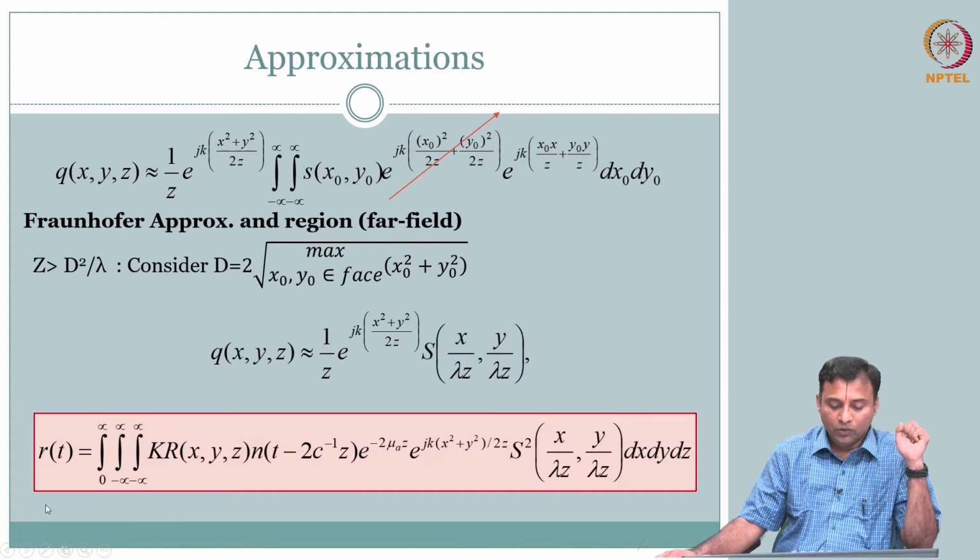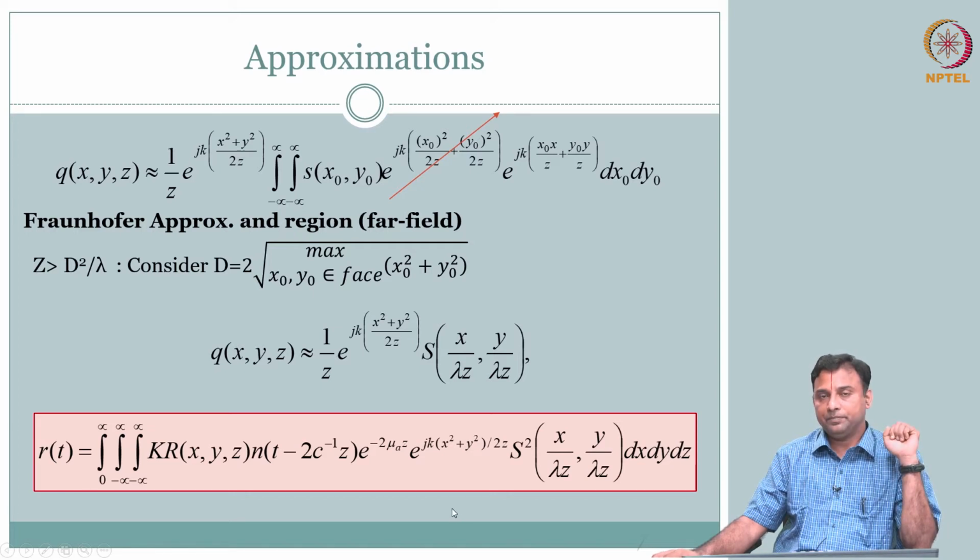So, just to put that back in our parent equation, R of t is all from before. I have just written this because we had a q square, remember. So the q is now, we recognize that as, so you have your s square. So, this is a very powerful equation. In the far field it is a little straightforward because you know the distribution is going to be determined by the Fourier transform of the shape of the aperture. Otherwise all of the terms are from before.